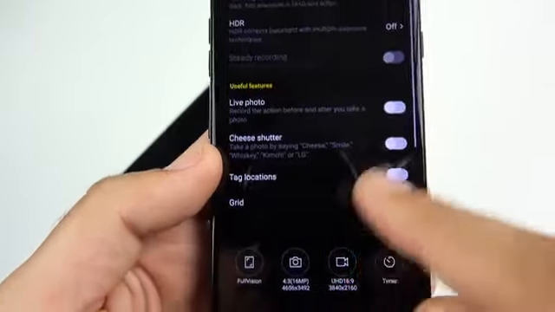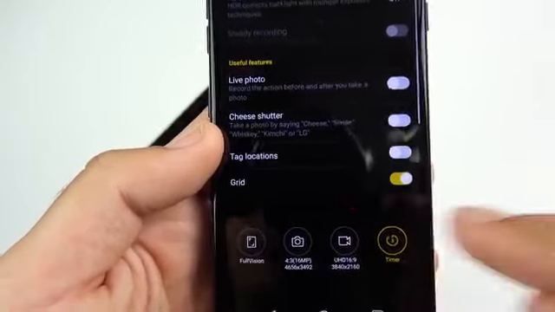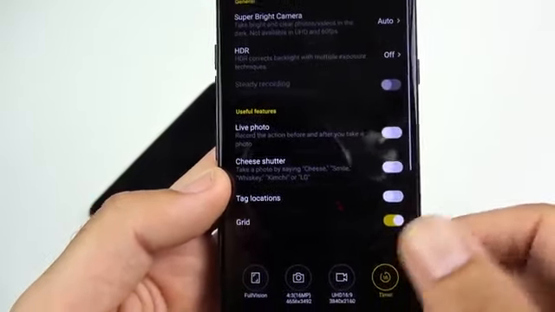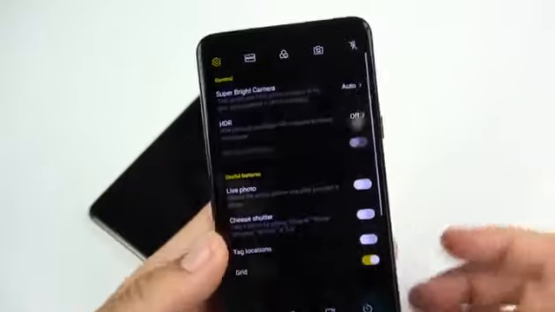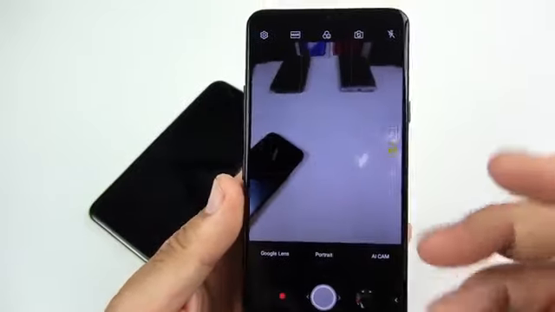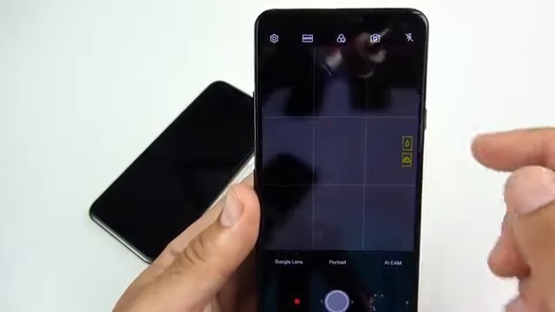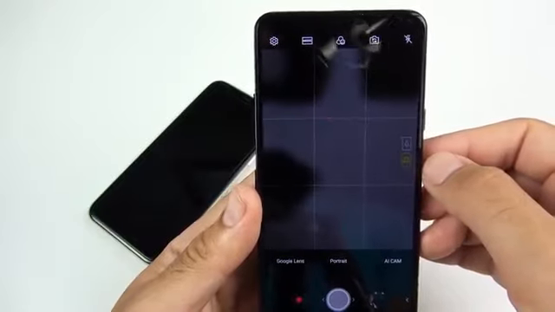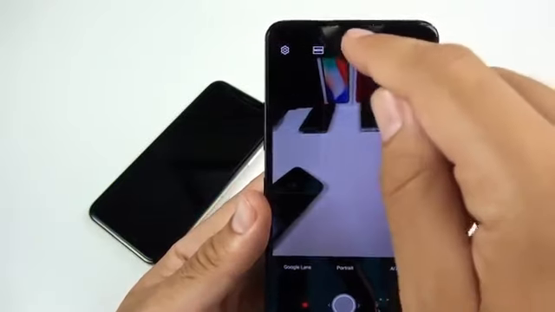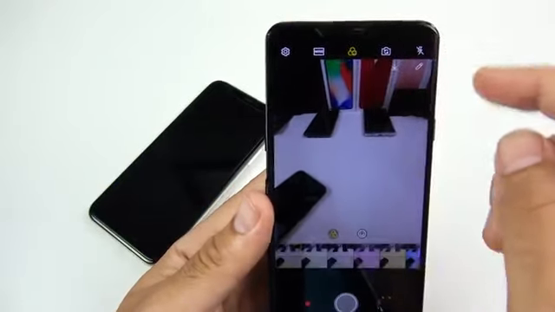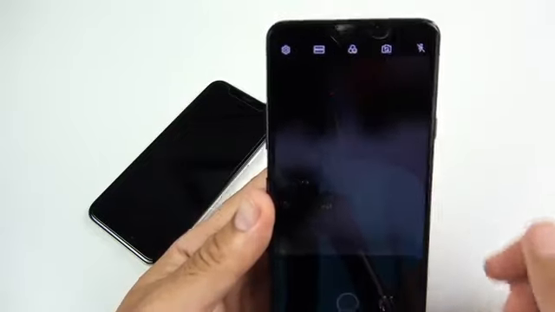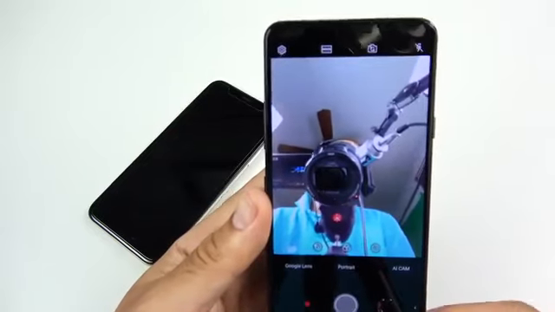Like I say, the update will bring the 4K 60, and timer, you can see you could change your timer right there. So all the settings laid out nicely in the camera UI, and then you can switch between your normal angle here and your wide angle lens like so. You also have your filters right there, and you could switch to that front-facing camera, which is an 8 megapixel